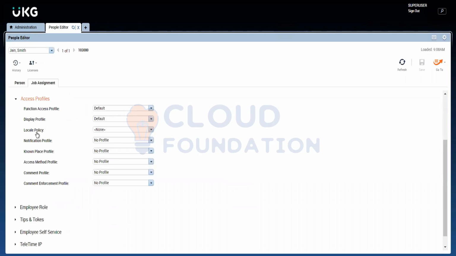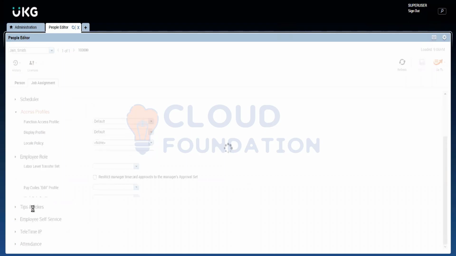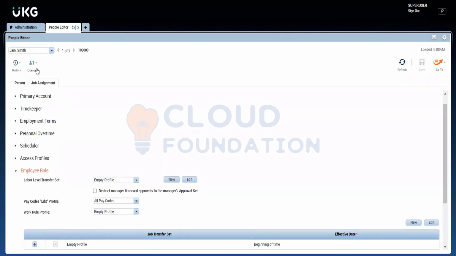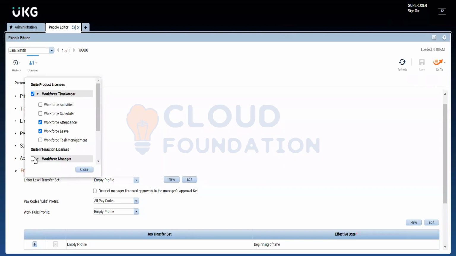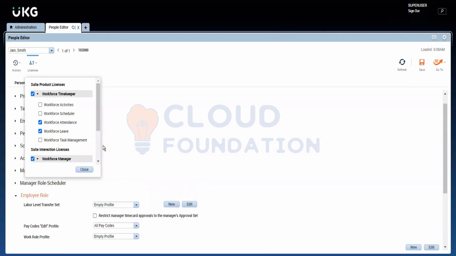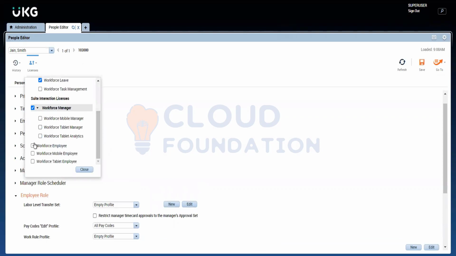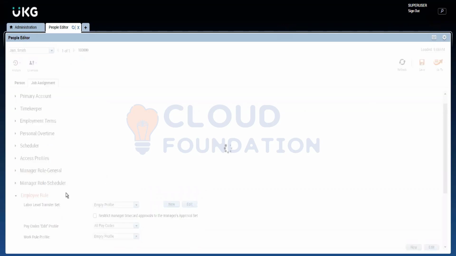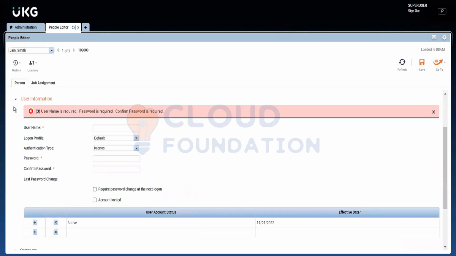Function access profile, display profile. These two items will be assigned there, and the other items will be under employee role: pay code edit profile, work rule profile. These items will be here. And if he is a manager, then he will have some additional items. Let me show you. So if he's a manager,